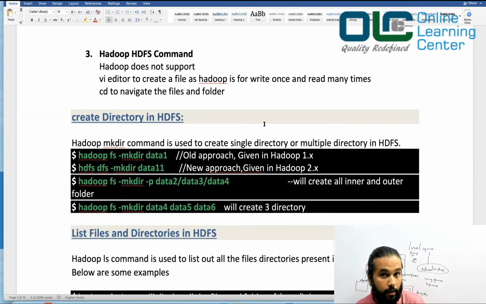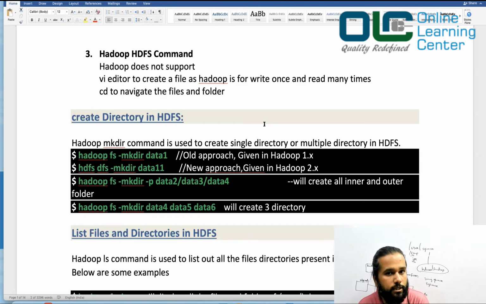That's number one. And the second thing is, you are dealing with a huge volume of data. How will you even open a terabyte file in just a vi editor, right? It is really not possible, because you need a lot of memory to load that data, and you need a powerful machine. So that's the reason vi does not work, and Hadoop does not support editing the file.